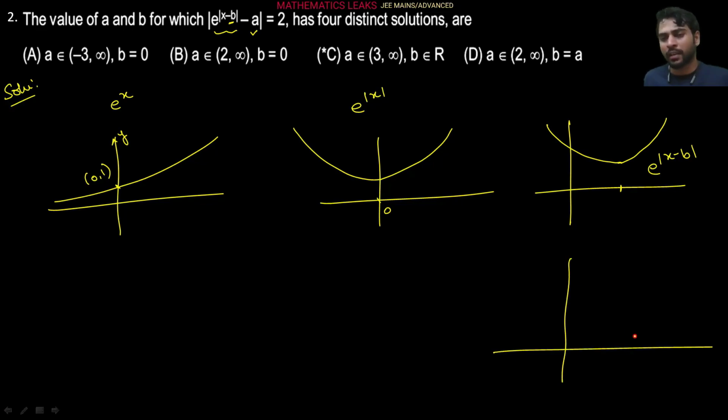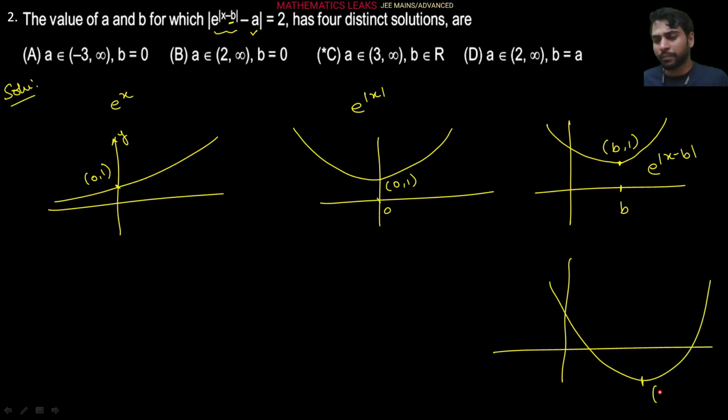So the rough structure I am just drawing here. Right now this is the point here, as I already said, this is 0, 1. So this is shifted to this. This is point D here, so this is b, 1. So this constant is being subtracted, so this portion will be shifted a units downwards. A units downwards means this portion will be coming something like this. And this point is nothing but b, 1 minus a. Clear? This is a rough figure I have made.